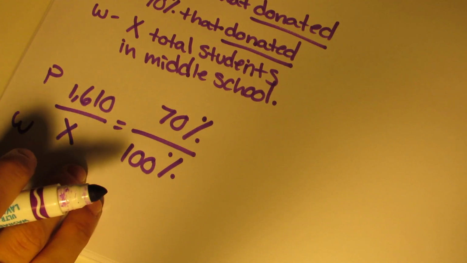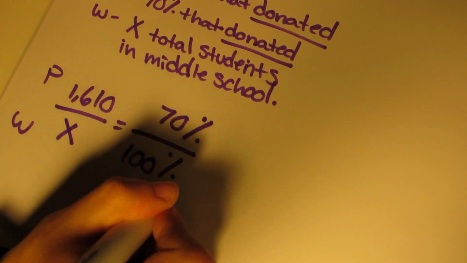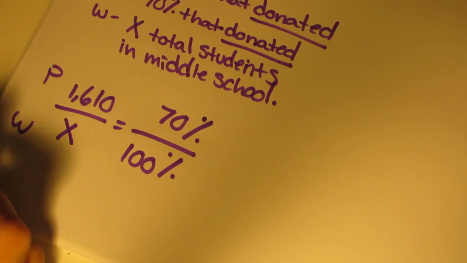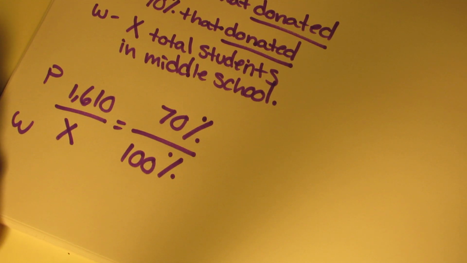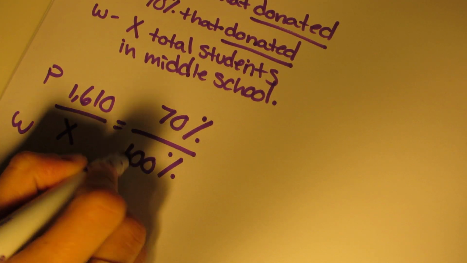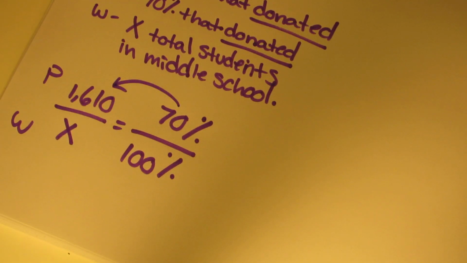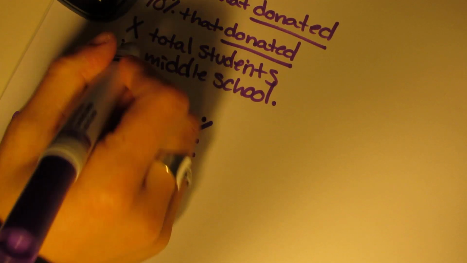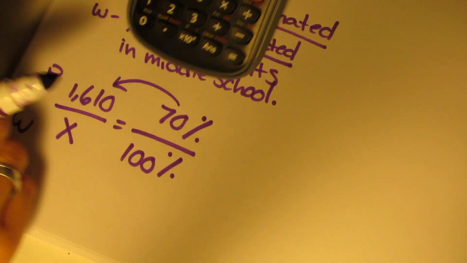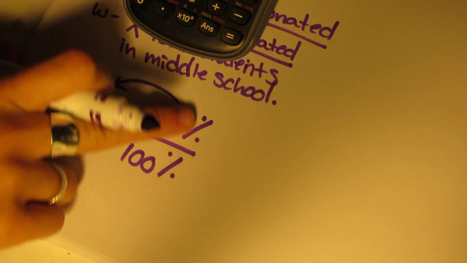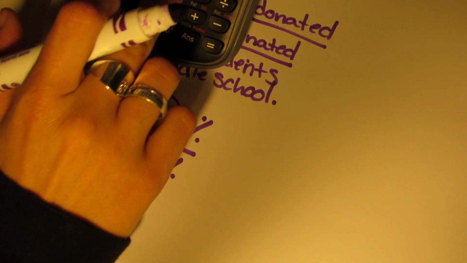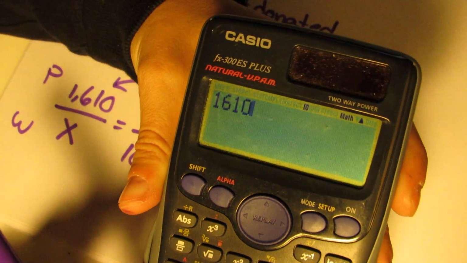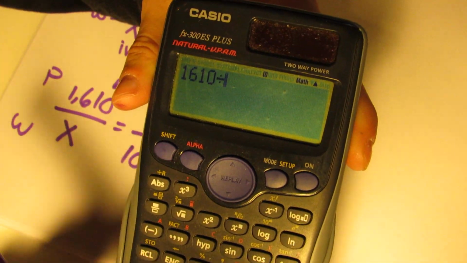So again, guys, I told you in class I want you to learn how to scale, and you can check yourself with cross multiplication. So the two given pieces are here, all right? Now, I need to figure out how I got from 70 to 1,610, all right? So I don't know what 70 times whatever number is. I don't know how many times 70 goes there. So I'm going to figure it out backward, okay? I'm going to work from 1,610 to 70. Since I'm going to a small number, I have to divide. So if I divide 1,610 by 70,